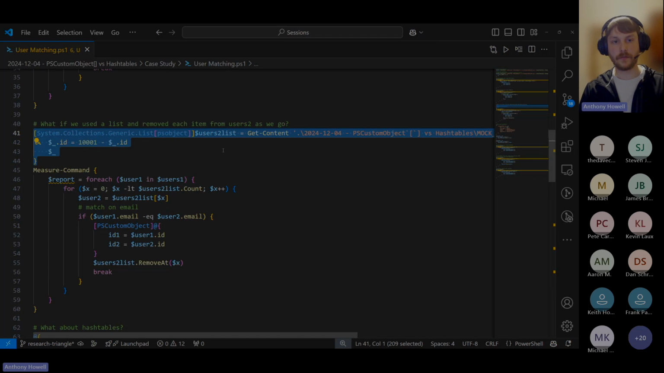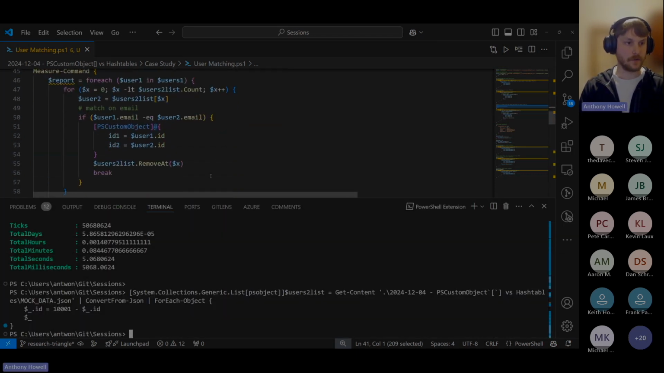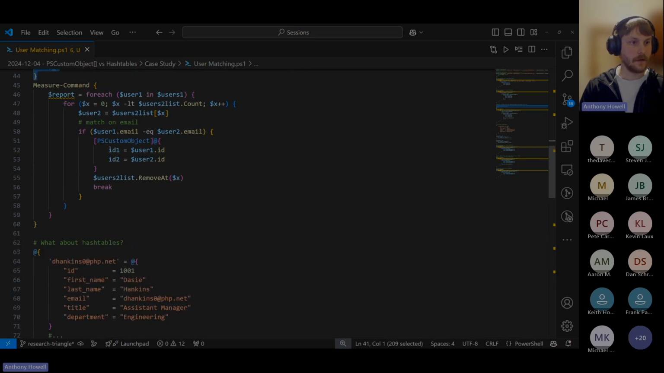So I'm going to build that same array, but I'm going to use it as a generic List of PSObjects. And now I'm going to use the same logic, but I'm going to use a for loop in this case to iterate through them, because in a for loop we can modify that list inside of the loop. And so I'm going to say for each user in users two,